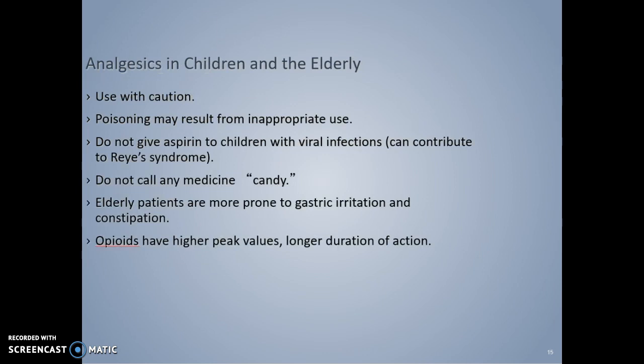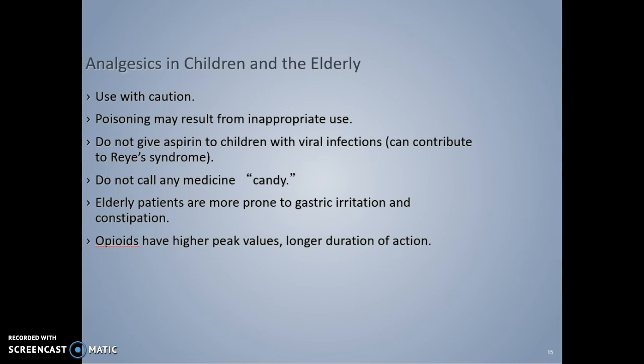And finally, analgesics in children and elderly. We know that there are definitely differences in special populations. So in children and elderly, they need to be used with caution. Poisoning can result from inappropriate use. Do not give children with a viral infection aspirin. It can contribute to Reye syndrome. So we talked about that earlier in this lecture. That's something very important to remember, that if a child has a viral infection, they should not be taking